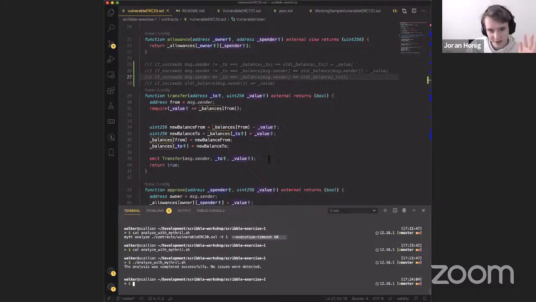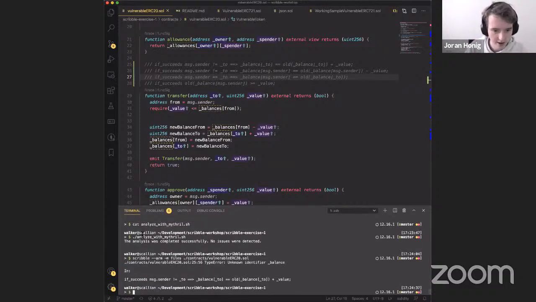And I totally forgot one step, which is the instrumentation phase. That's why Mithril doesn't find any vulnerabilities just yet. So what we're going to need to do is make Scribble take these annotations and turn them into assertions. You can do that in the following way: scribble arm, with files, contracts, and folder. What this command will do is arm the smart contract, which means that it will take the file and put the